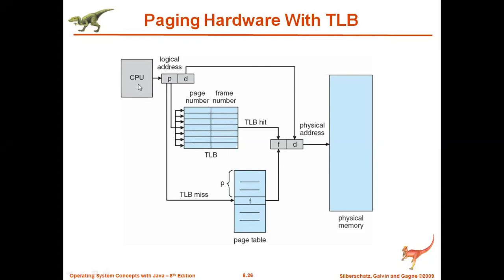Then again, if the CPU requests P0 a second time, it will not go to the page table. The CPU will directly go to the TLB and check whether P0 is present among the recently used pages. Yes, it is there in the TLB. Then it will access that and give it directly. We will skip this part. So this is how we are saving time here.